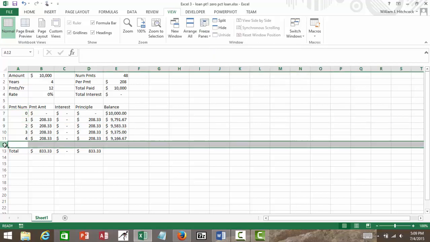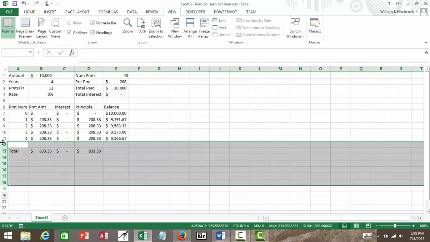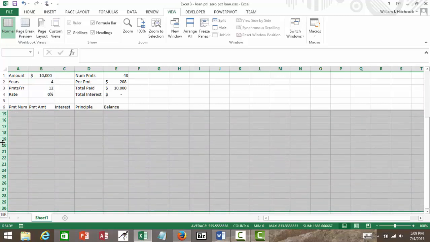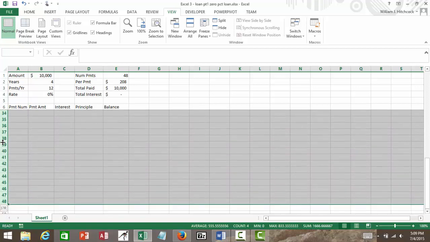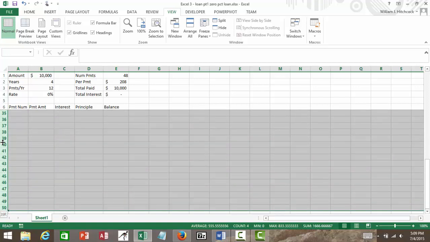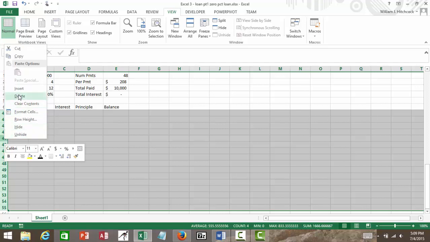Then I'd insert another, let's see, I need another 44 payments. So I insert 44 rows, right click on that, choose Insert,